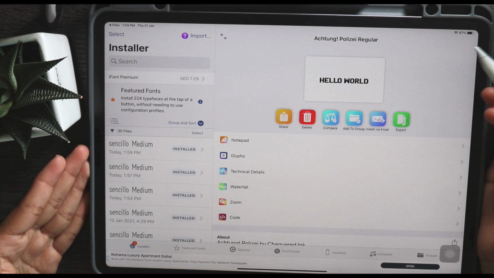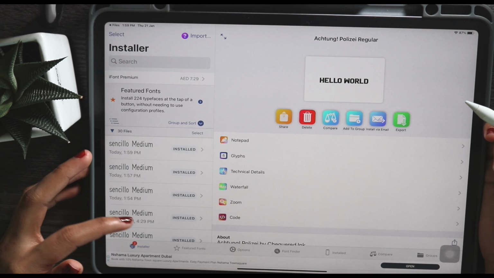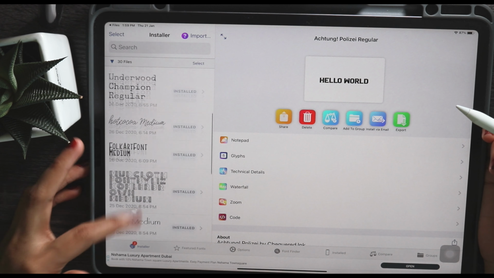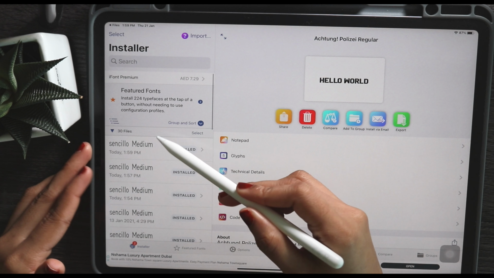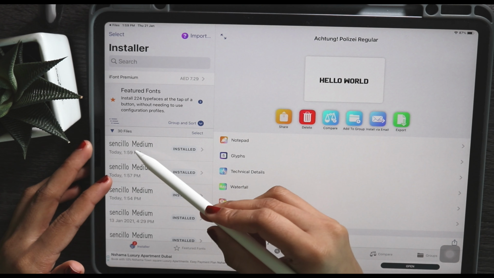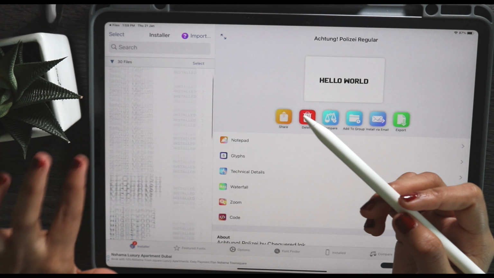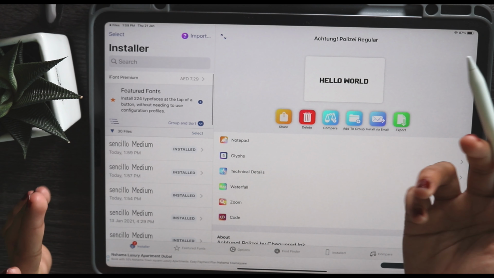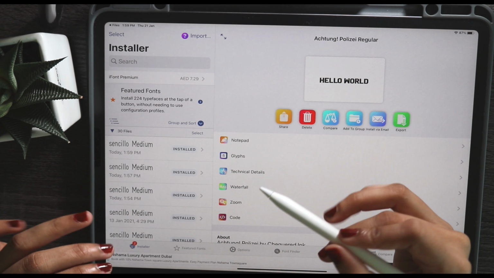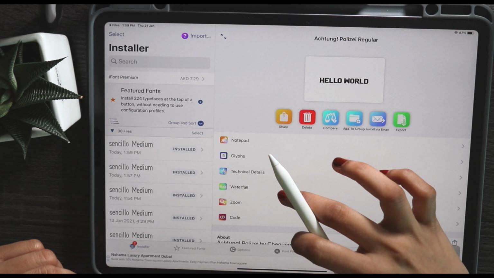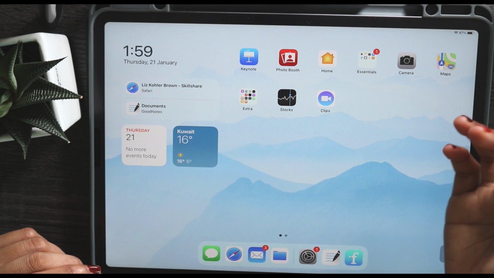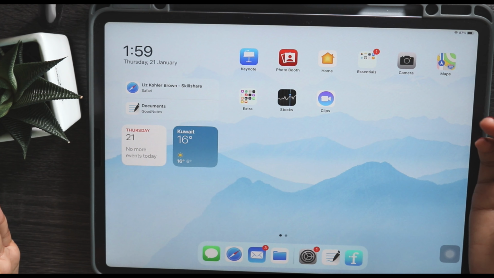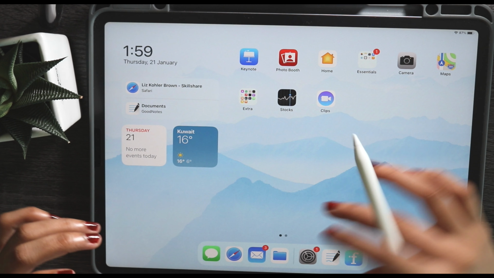Once you tap open in iFont, it should take you to the screen, and you should see the option files down here, and then you just scroll until you see your font. I have downloaded a lot of fonts, so I have a big list. If you have never used this app, and you just have one, then you will see the option to install.